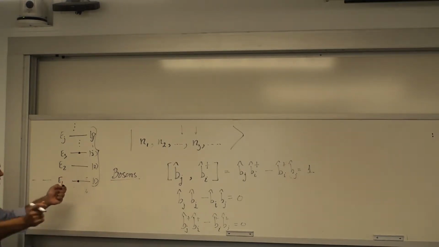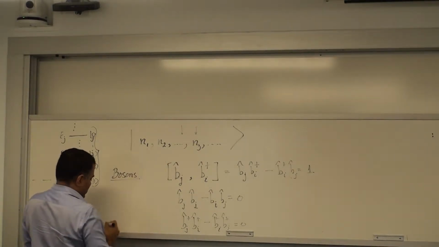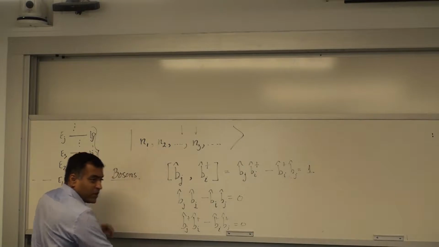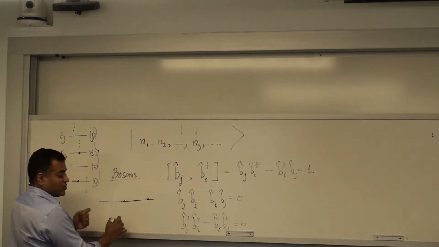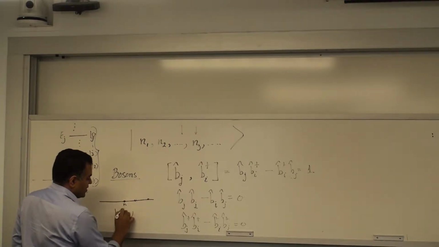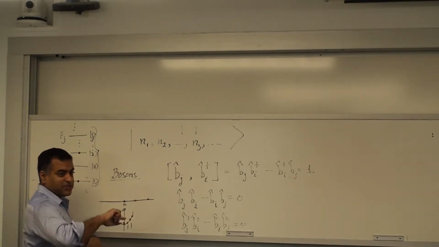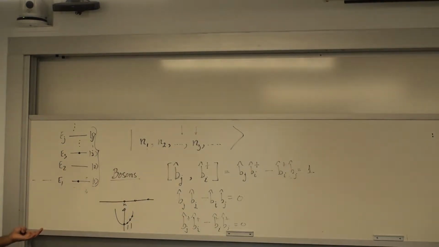The orbital indices here could be, for example, which site of a crystal you are sitting in, which atom of a chain you are sitting in. Are you sitting here, here, here? It could be the site index. It all depends on what problem we are trying to solve. It could be the momentum index, or the spin index. So these orbitals are in any basis you choose, but you have to choose one basis: either a spin basis, a momentum basis, or a location basis.